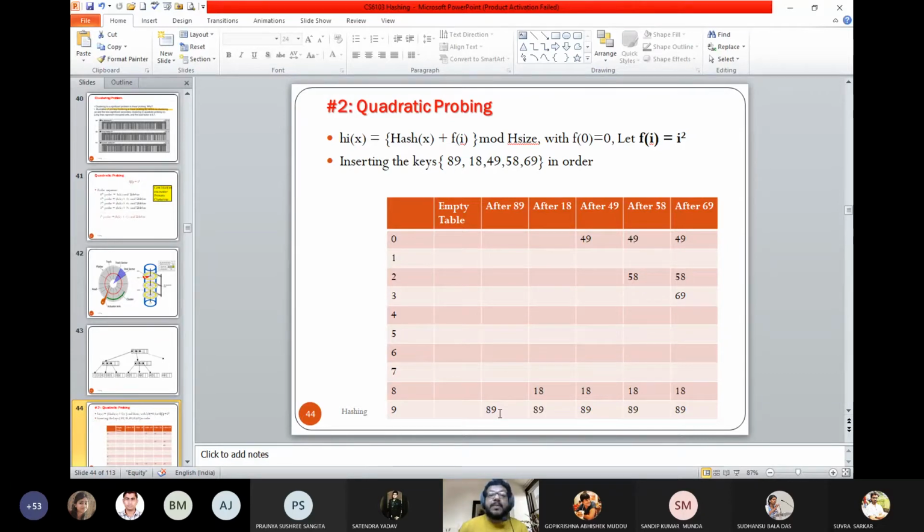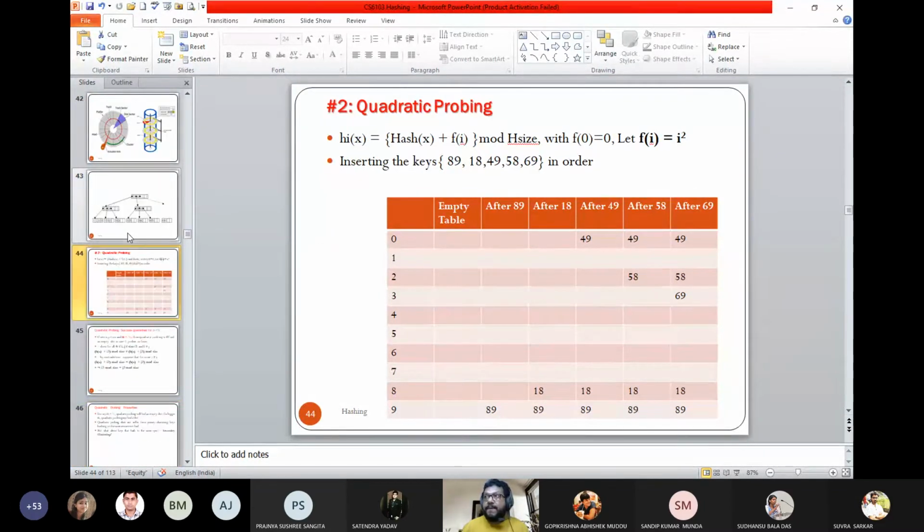Now we were in the collision resolution technique, and I explained something called the clustering effect. Again I repeat: you try to store something, let us say 21, 31, 41, 51. Whenever you try to store 21, you place it at location number 1. Whenever you try to store 11, you experience a collision, so you store it at location number 2. And when you try to store 31, again you find 1 is occupied, then you apply linear probing, go to location number 2, 2 is also occupied, so you store it at 3.